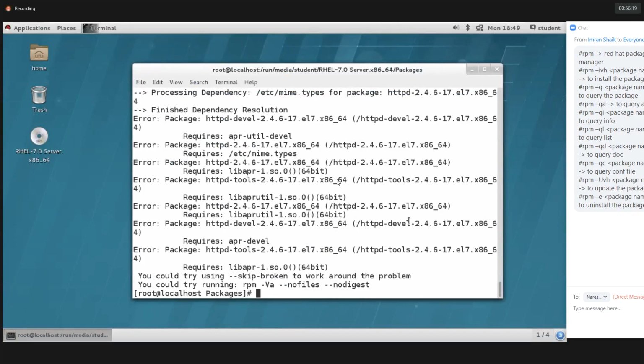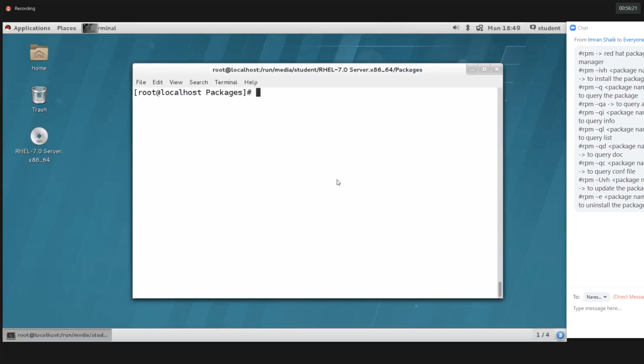But here I'm using the RHEL version. How do we get the release version? cat /etc/redhat-release. See here, I'm using Red Hat Enterprise Linux Server release 7.0 (Maipo). Here it's an isolated operating system and we don't have any subscription.